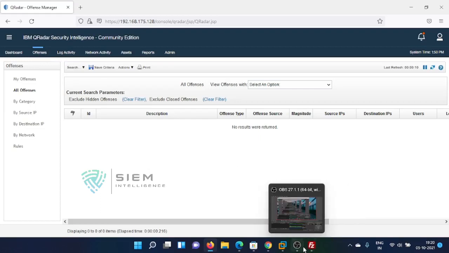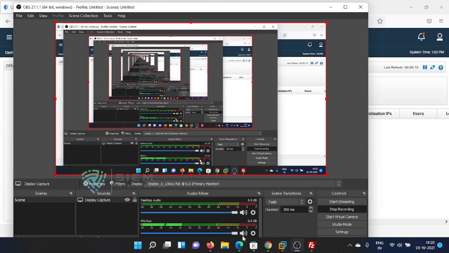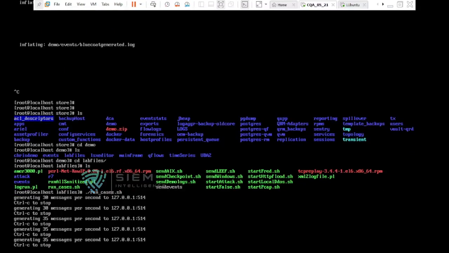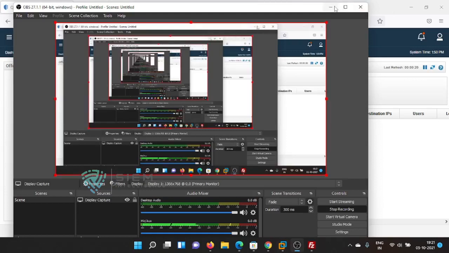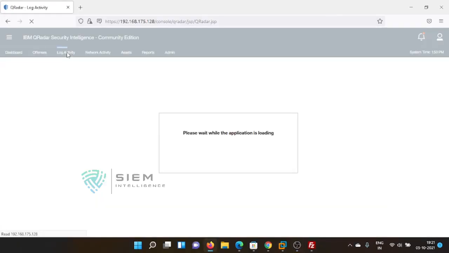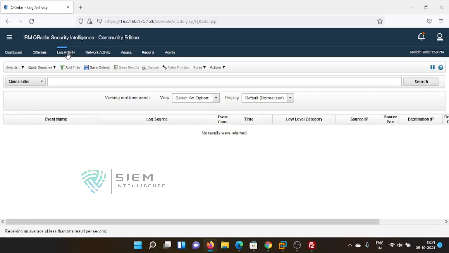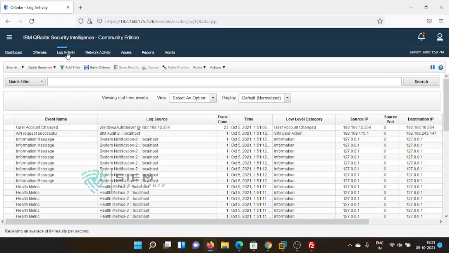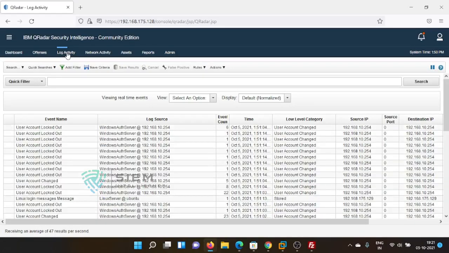No worries. So it is doing some other set of logs. Wait for some time so that we can get so many logs. We'll see in the log activity only, so that there will be so many different logs.